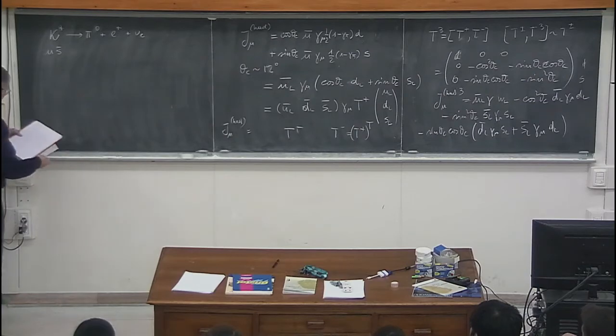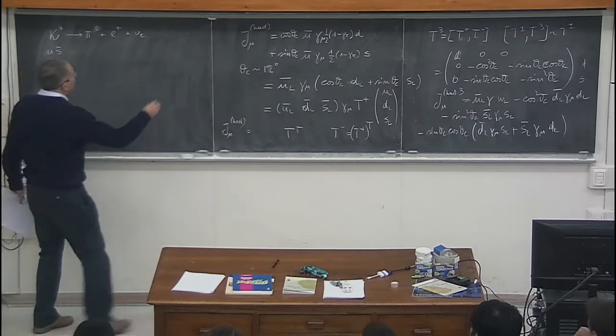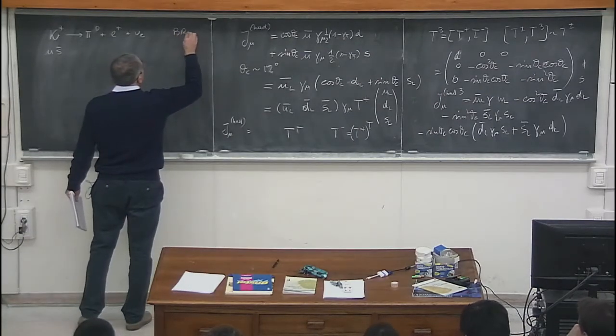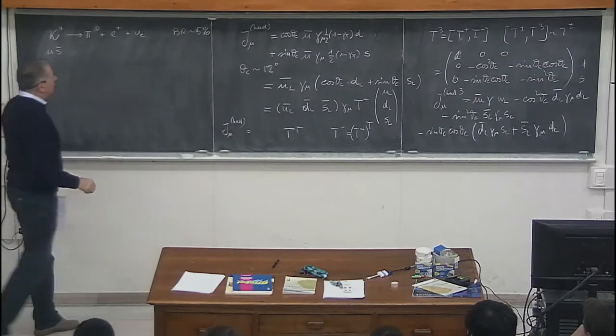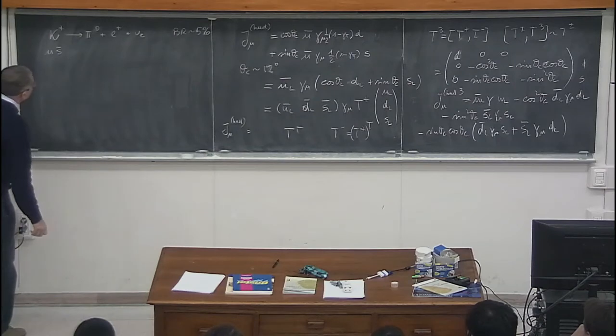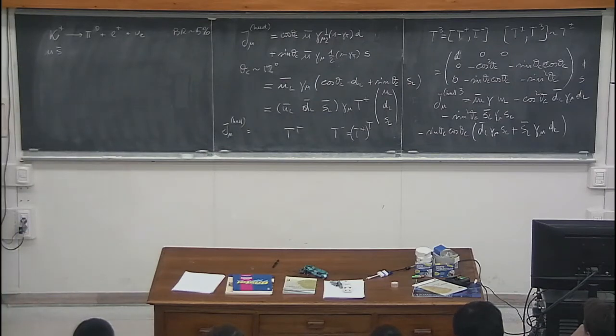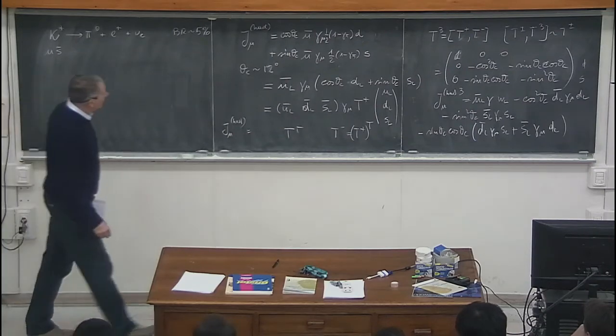This is an allowed decay mode. The branching ratio is around 5%, so it is sizable. And this decay is clearly mediated by